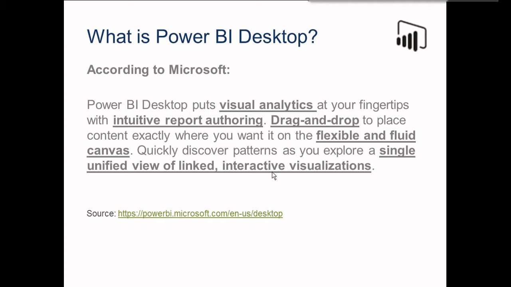First, you should see what Power BI Desktop is. Power BI Desktop puts visual analytics at your fingertips, with intuitive report authoring, drag and drop to place content exactly where you want it on a flexible and fluid canvas.